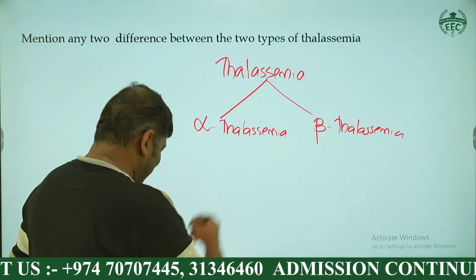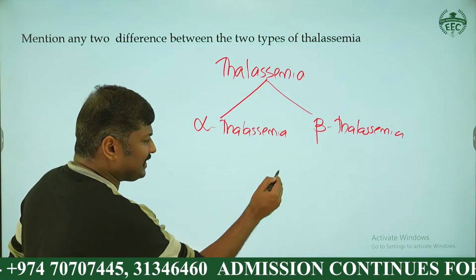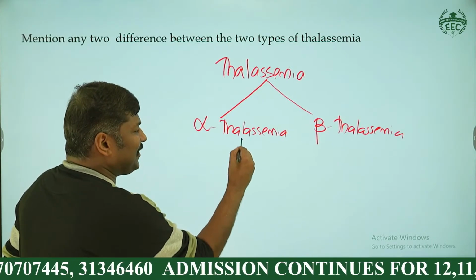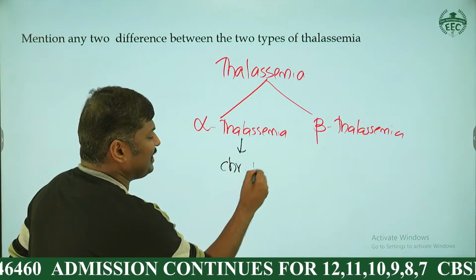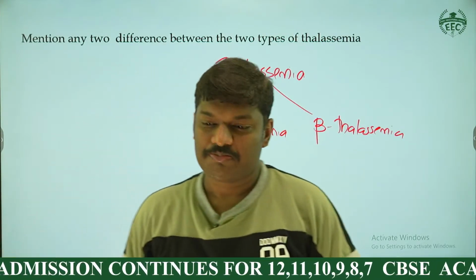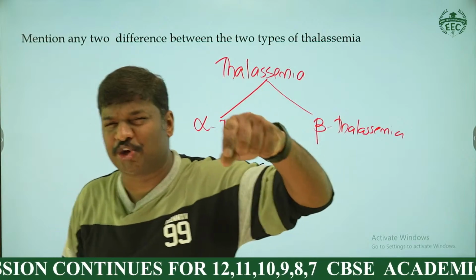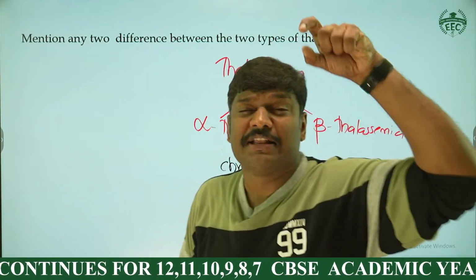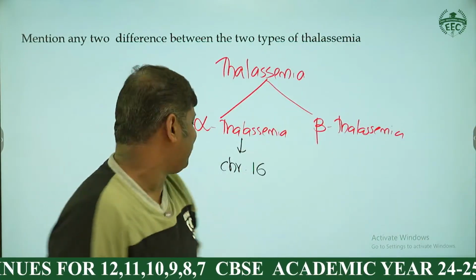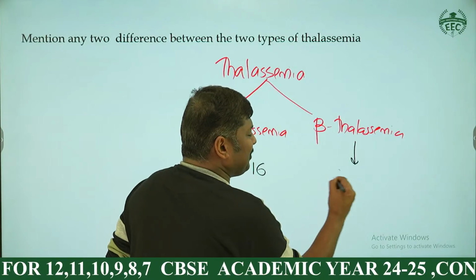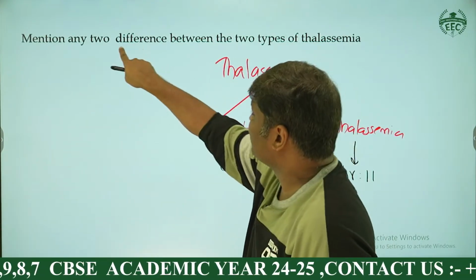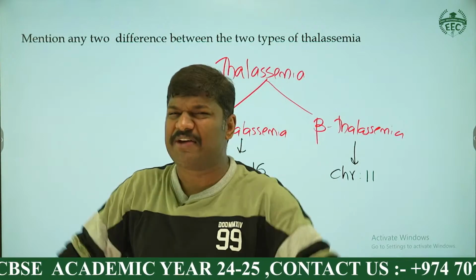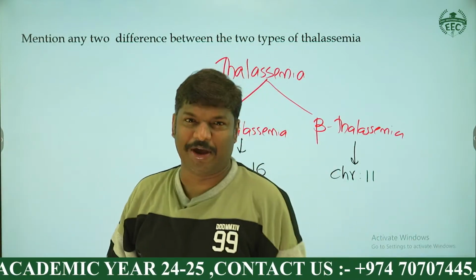Because what is the difference? Look at the board, please. What is the difference here? Here you can see alpha thalassemia. The problem lies in chromosome number 16. In alpha thalassemia, the issue is there in chromosome number 16, and in beta thalassemia, it is chromosome number 11. Whenever there is a question, differentiate between,